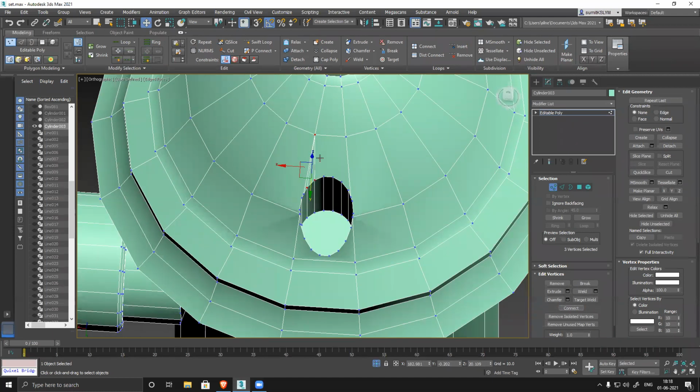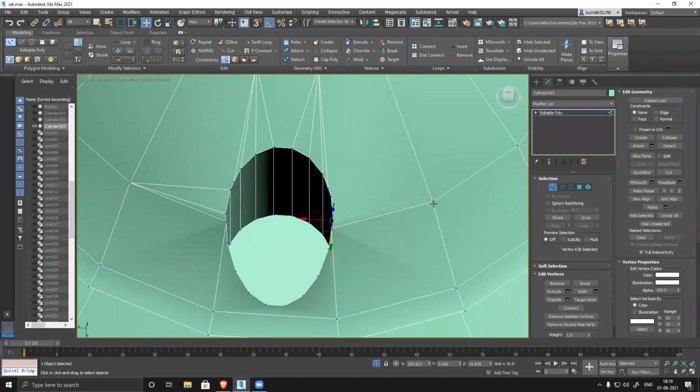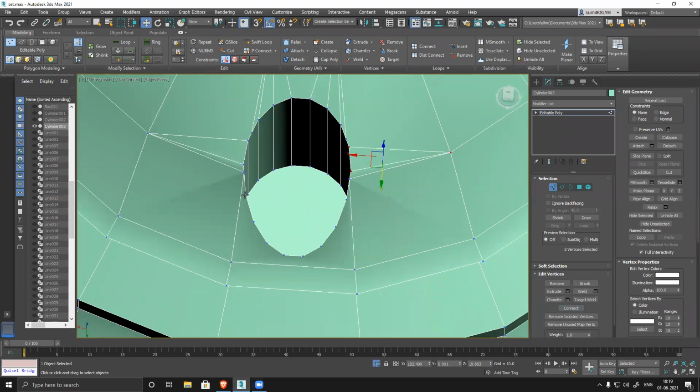Connect. Connect it. Make it clean. Clean.